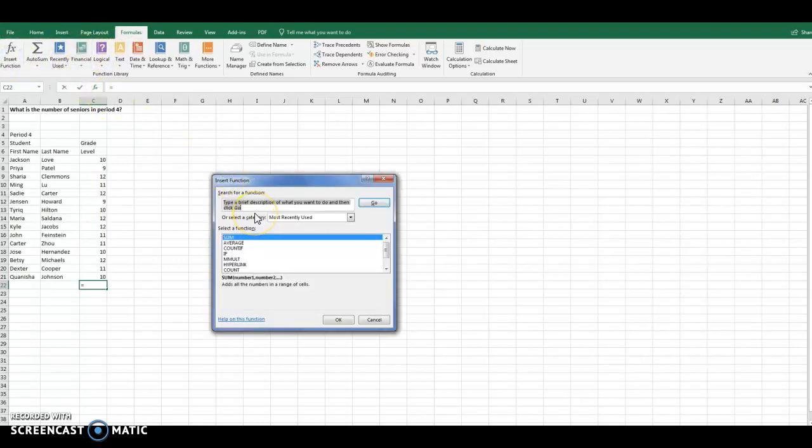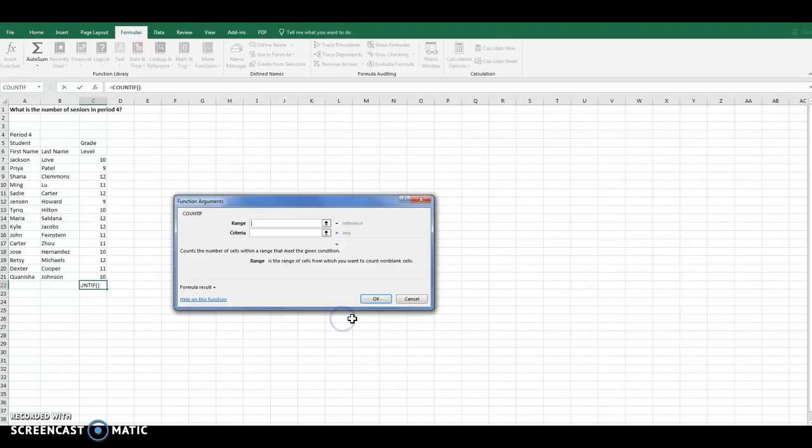I'm going to type this in, COUNTIF, and then I'm going to hit my go. You can see it's already been used here, so I can do it this way, or I can hit the go button, and there it pops up. Select the function COUNTIF. I'm going to say OK, and then my function arguments dialog box pops open,